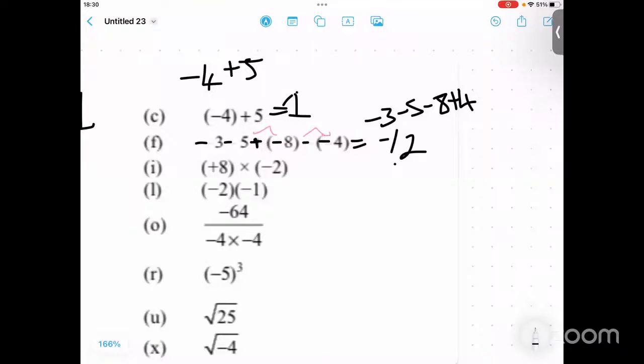Ma'am, may I please fix my mistake, because I made a mistake somewhere. Instead of writing it the way we wrote it before, can you please write it as -3 -5, and then